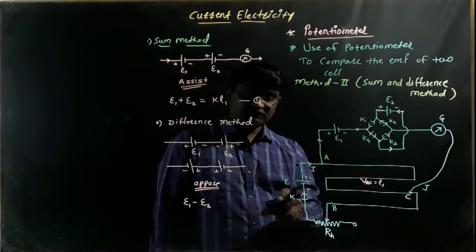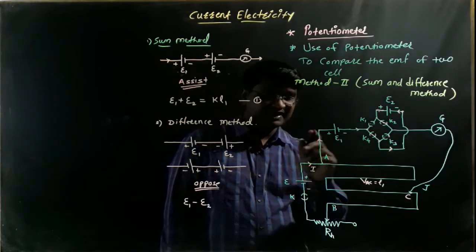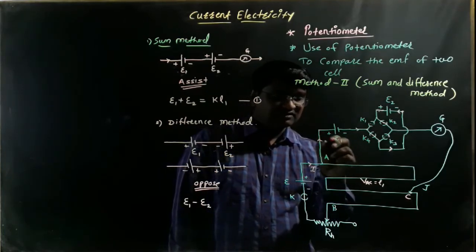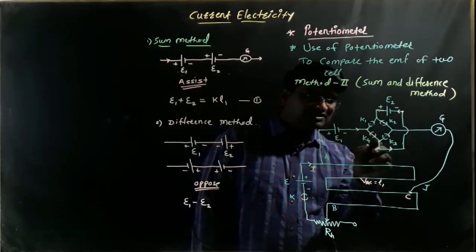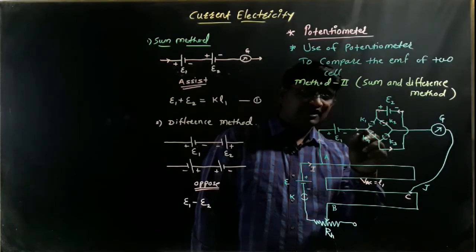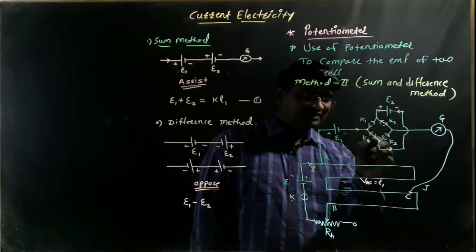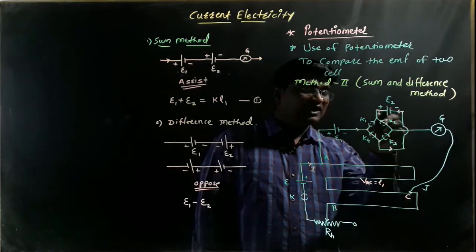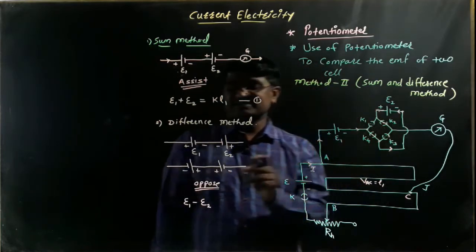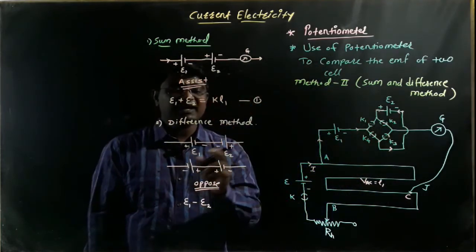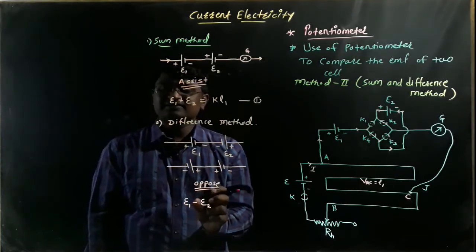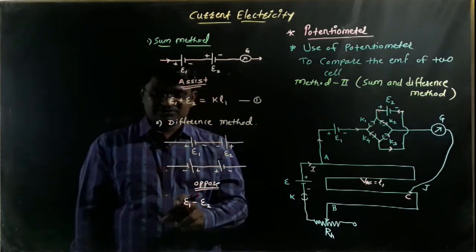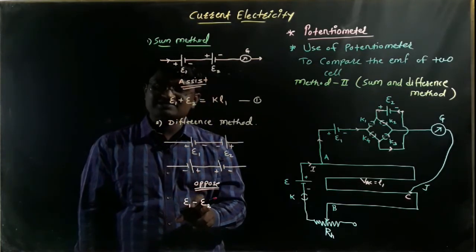Let's see once again. When the main key is closed, electric current passes through the cell of EMF epsilon 1 from positive to negative, and reaches here. It passes through the key K4. It cannot move here because K1 is open, so it moves towards the cell epsilon 2, passing through the cell epsilon 2 from negative to positive. So these two cells of EMF epsilon 1 and epsilon 2 are opposed to each other, and their potential differences are subtracted. We find their potential epsilon 1 minus epsilon 2.